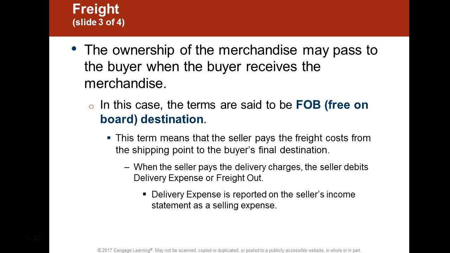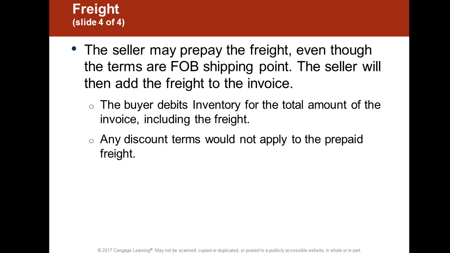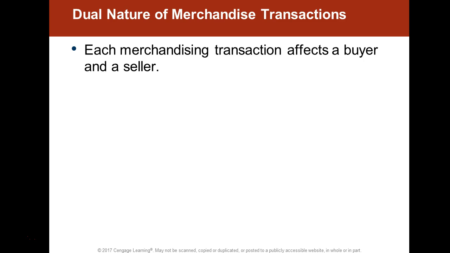It really tells you when the title of the product that the customer has purchased leaves the seller's hand and goes to the buyer's hand. That has everything to do with when you record the transaction, and how the transaction is recorded. So knowing FOB shipping point and FOB destination is going to be very, very important when you're recording these transactions. Again, we're talking about accrual-based accounting, recording transactions when you've incurred the expense or when you've earned it. FOB destination and FOB shipping point are tools you'll need to know in order to determine if the earnings process is being completed.